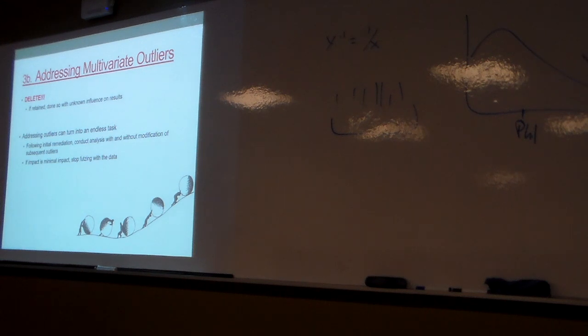Another thing to be thinking about in terms of trying to address outliers is that this can be an exhausting task, right? So I find an outlier, there's my outlier, and so I'm going to go through and smooth that down, right? So I smooth it, and then look at my smooth distribution. Now things that were kind of extreme are really extreme in the smooth distribution, and so now I've got to do something with that. So I go through and take a look at it again, and it's just an endless situation. So if you're going through, run some initial things, I go through and smooth or maybe transform or something like that.